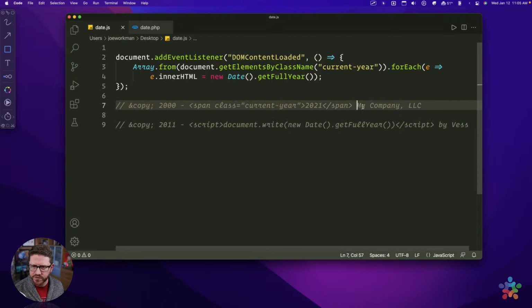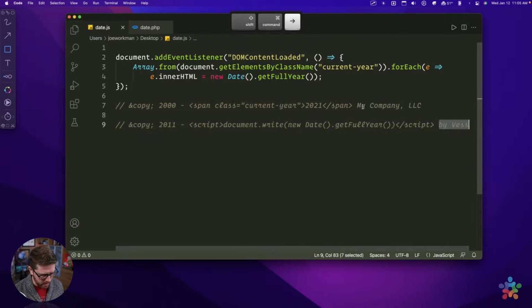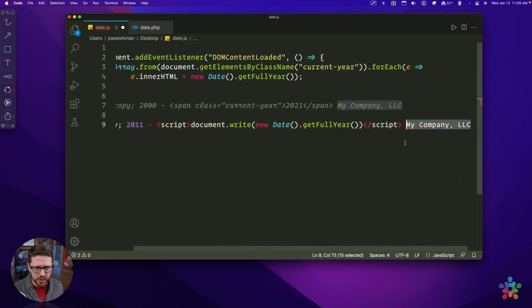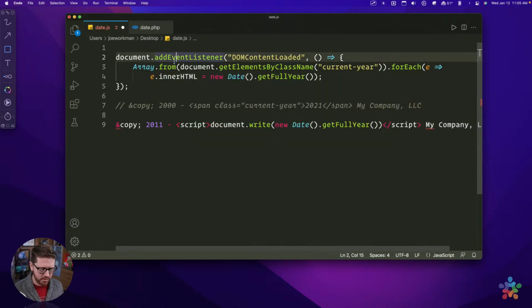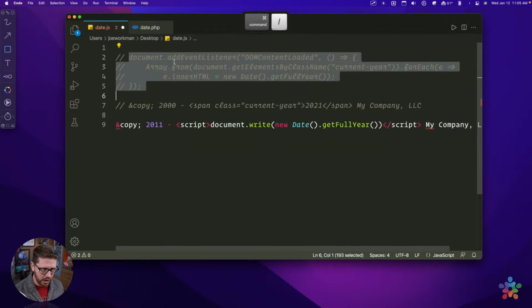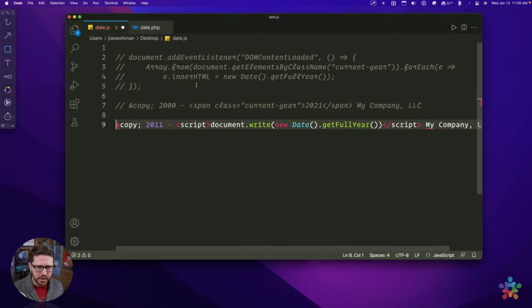Here, let me just fix this really quick. I copied someone else's snippet because it was one that was recommended. Let's just do that. Okay. So let's focus on, hold on one second. Let's just comment that out. Okay. Let's focus on this. This is one that's been recommended for years. And it uses, you'll notice here,